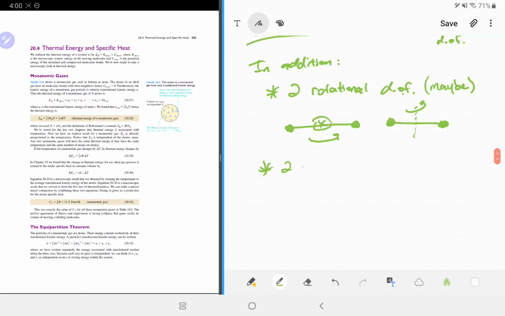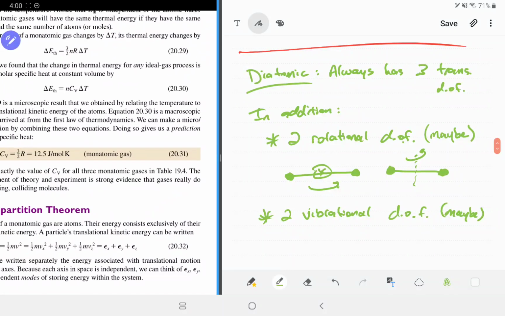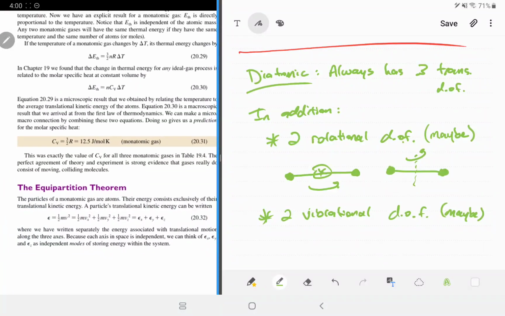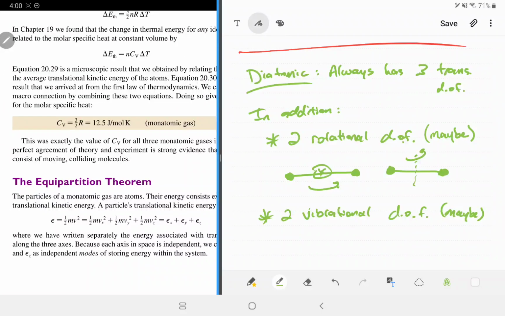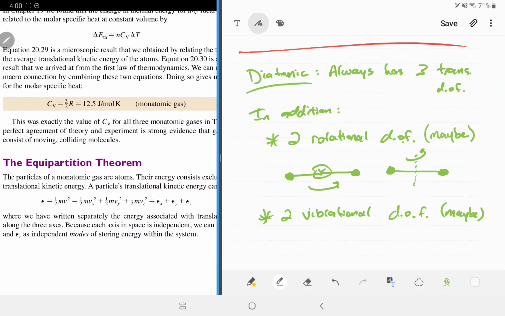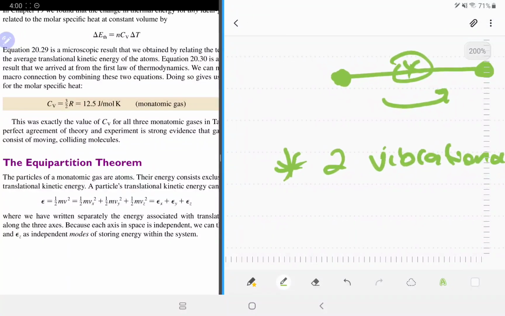And then also there are 2 vibrational degrees of freedom. Maybe. So this is a little harder to visualize. The way this comes about has to do with upper division physics. It's how many quadratic terms we are adding to this function that keeps track of total energy, called the Hamiltonian, or a related thing called the Lagrangian. We don't have to worry about that here, but really the reason that this 2 comes from is